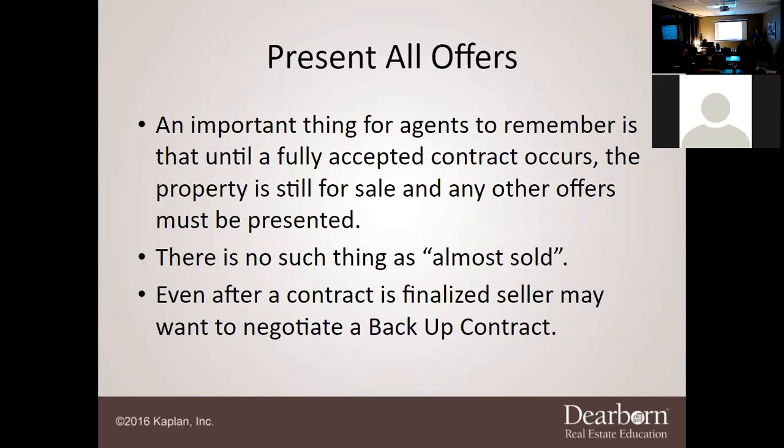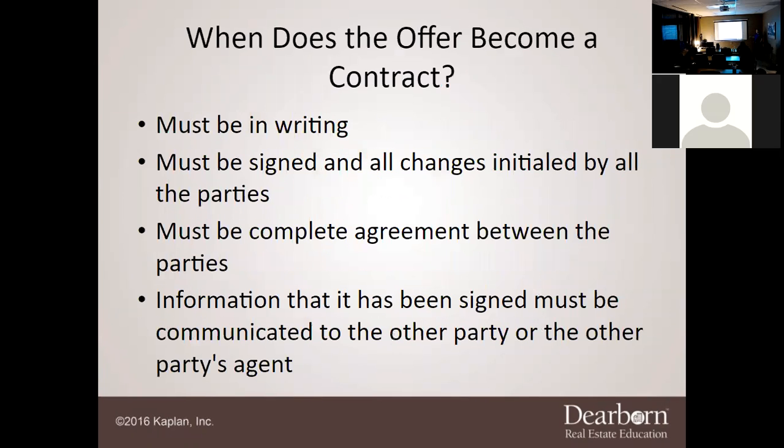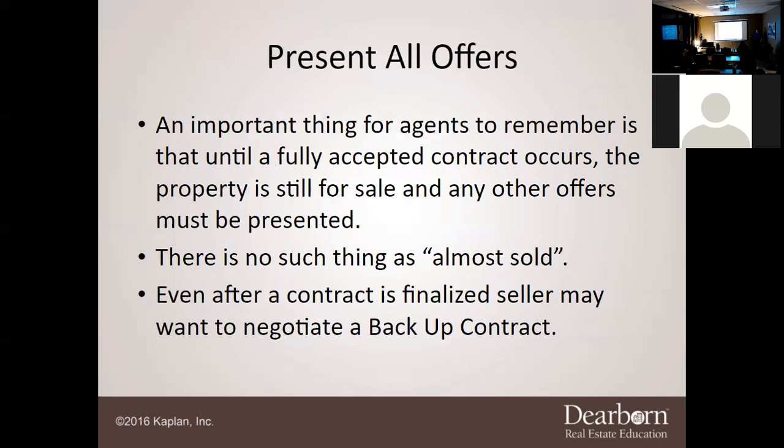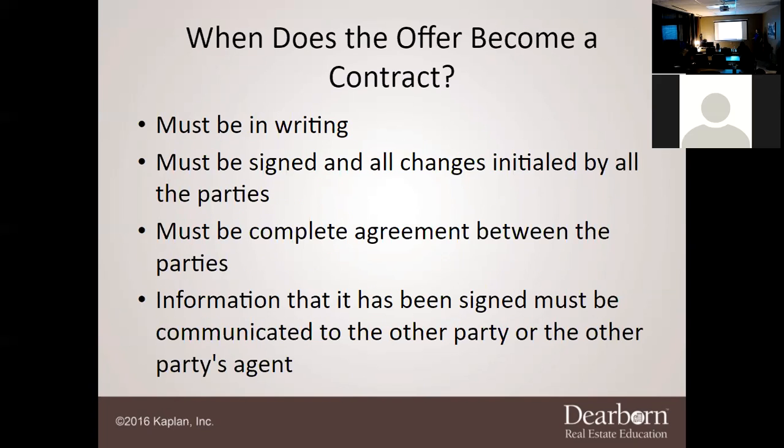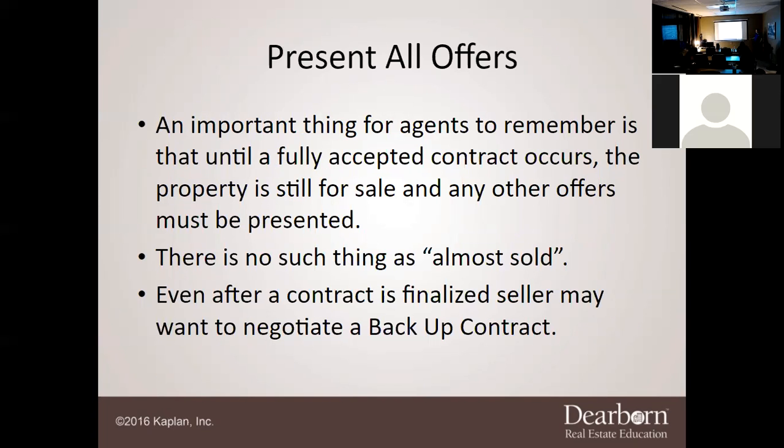It's not sold till that contract is, well, let's go right back here. It's sold, not really sold, but it's under contract when these things have occurred. Okay, if these haven't occurred, it's still for sale. Period. There is no gray line. There's no fine line. If these items aren't done, then it's for sale. It's not almost sold.